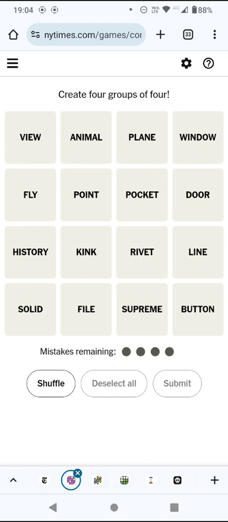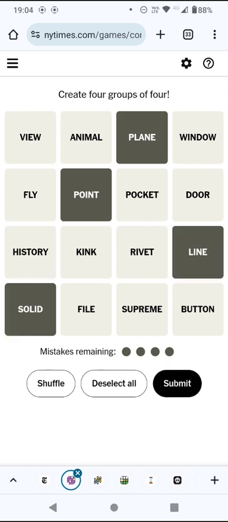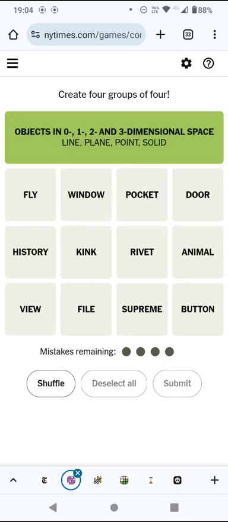So we've got point, plane, line and solid, maybe? I can't remember what I was planning on doing. A point is a one-dimensional object, a line is 2-dimensional, plane is 3-dimensional and solid is 4-dimensional, so that has to be a group. Oh, 0, 1, 2, 3, fine, yes, that's what I meant. Anyway, moving swiftly on,